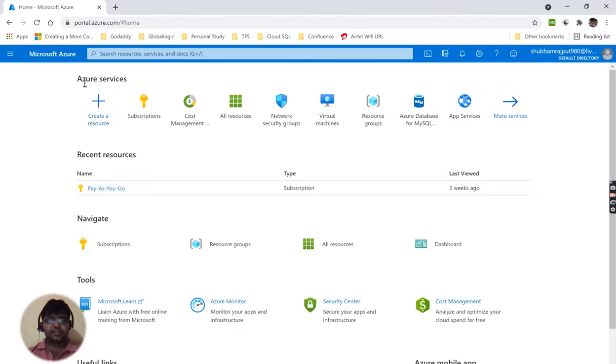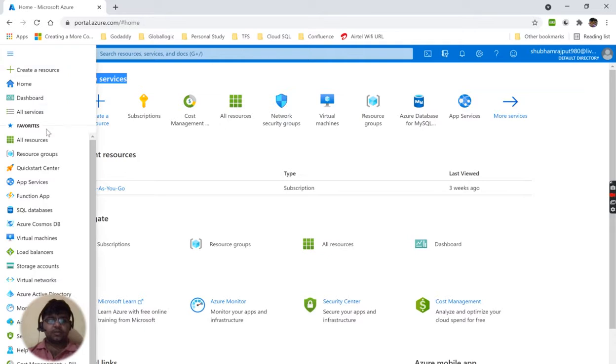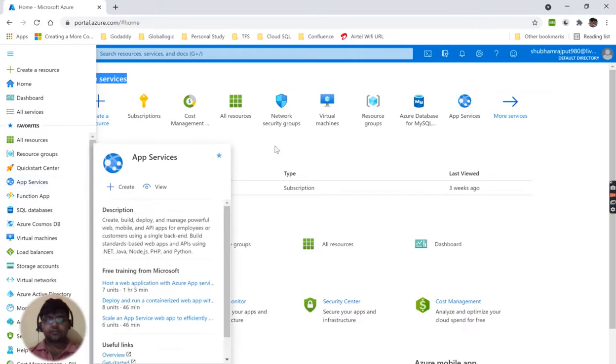You can see that there is a shortcut over the top, Azure services. You can manually create a resource, subscriptions, cost management, all resources. All these things are available on the dashboard. The side menu is available, and from here you can search your resources and add them.